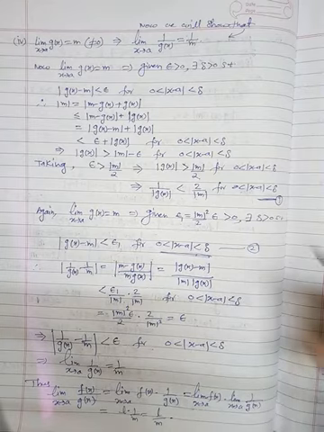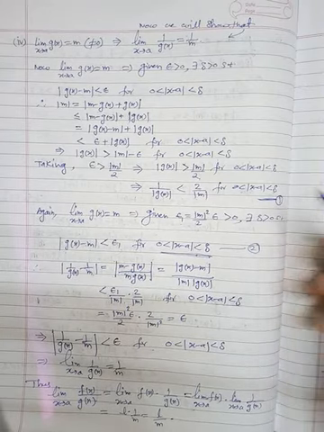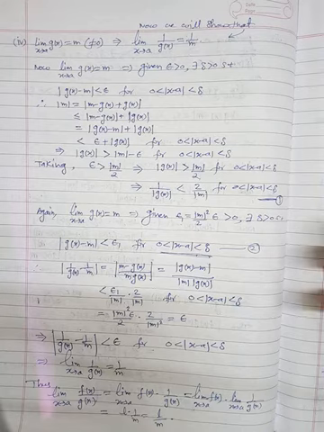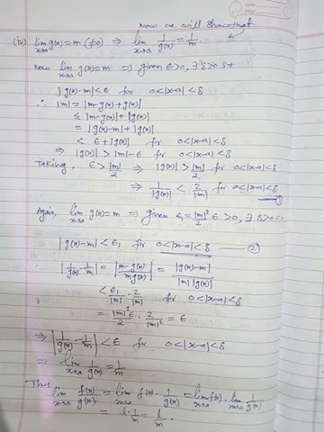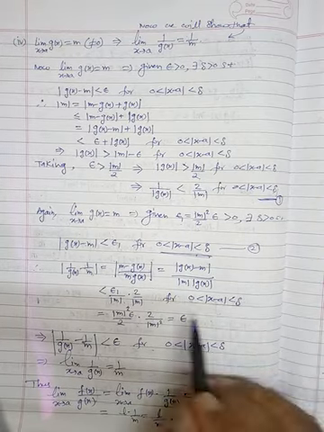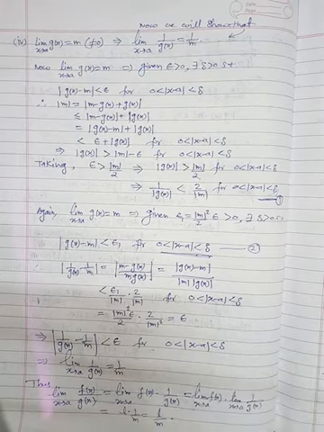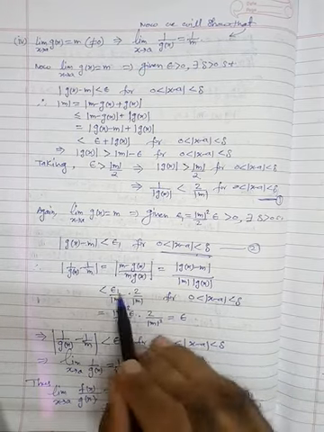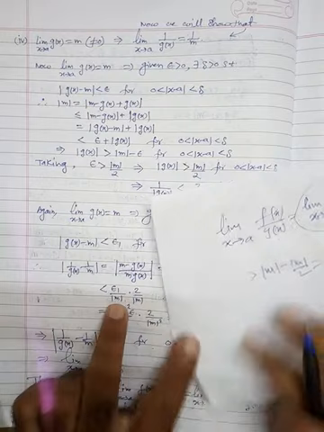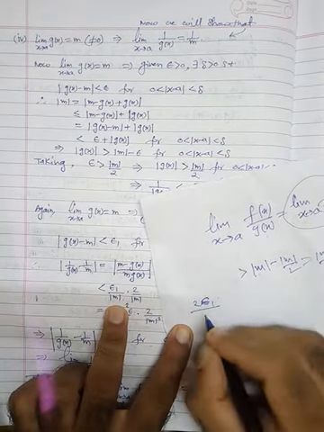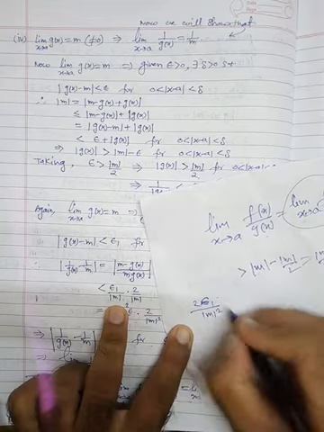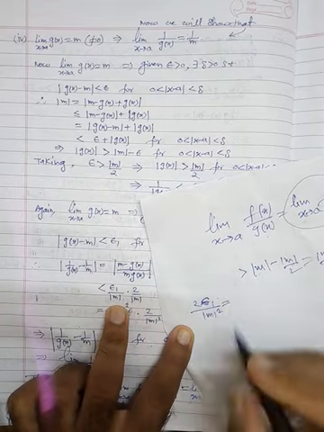Or if you are choosing different deltas, you have to take the minimum of delta 1 and delta 2 as delta. Fine. So suppose you are choosing delta 1 here and delta 2 here, you have to take the minimum one. Fine. So ultimately we are getting this condition. Now when you simplify this, you are getting epsilon 1 into 2 divided by the magnitude of m whole square. Now our target is to show that this part is less than epsilon.